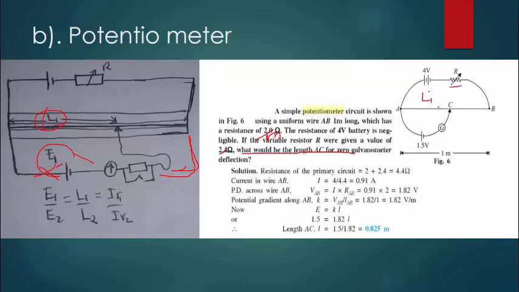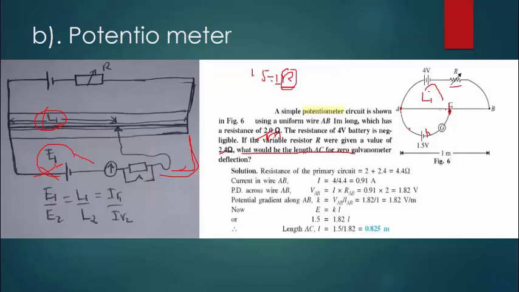Wanachotaka wao ni balance point hapa, lakini tunajua kwamba from here hii segment AC inakuwa parallel na connection ya hii battery. It means 1.5 volts lazima iwe sawa na IR, current inayopita kwenye AC times R AC,